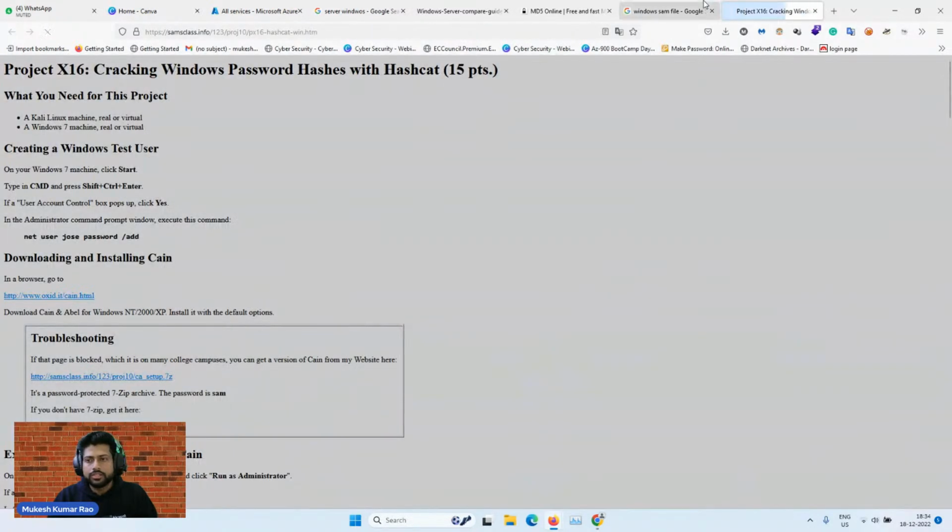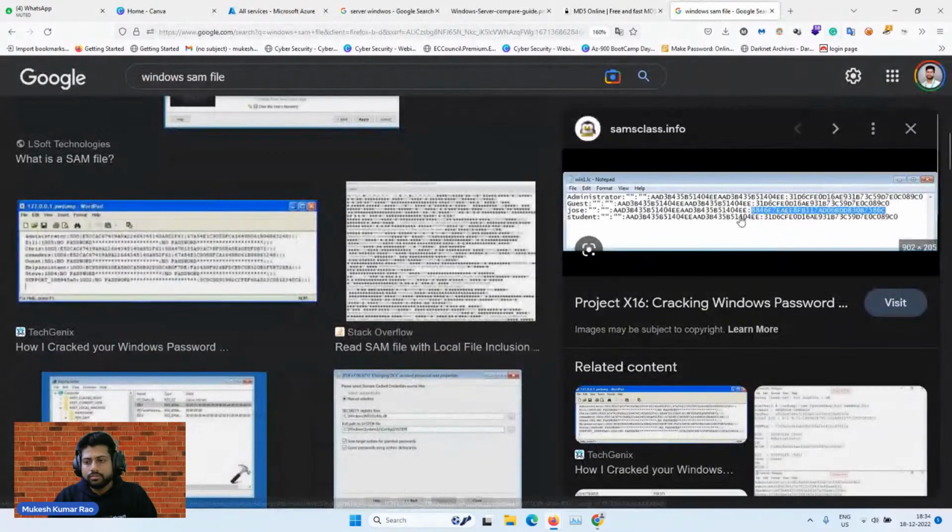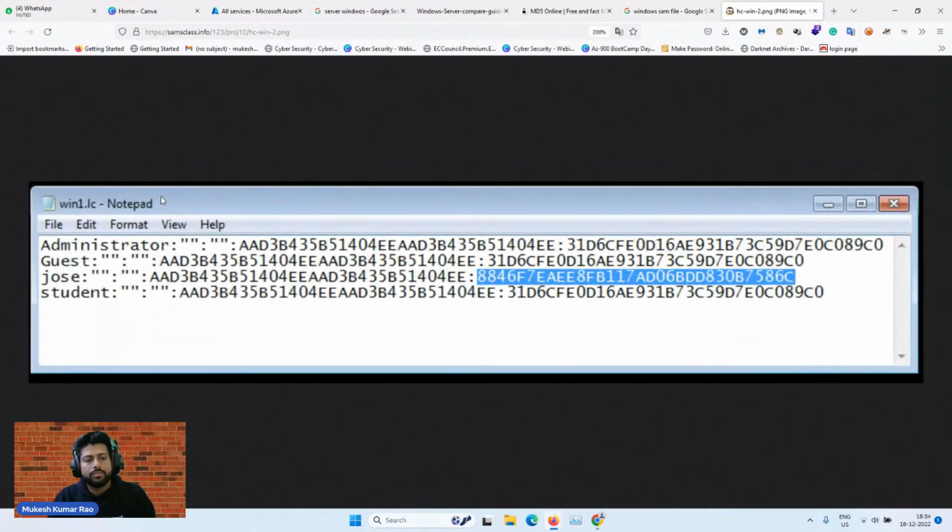Open the image file, something like this will open. For opening this password, you cannot see it with a normal notepad file. We have to dump this particular password with the help of hash dump tools that are available in hacking. From there we dump the password of a Windows system or Linux system, and then you can see